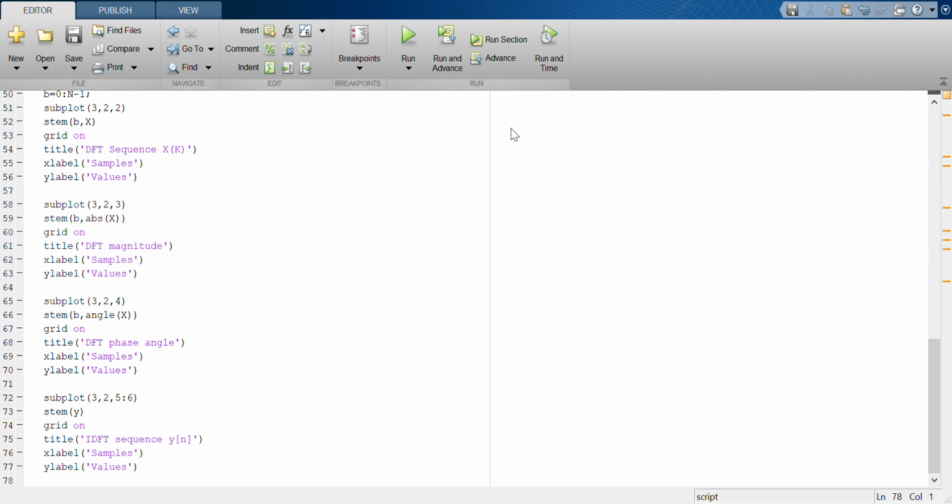Magnitude and phase can be calculated using the real part square plus imaginary part square, the square root of the whole of it, and phase can be found by using tan inverse y by x, and the result here is in radians. So the result whatever you obtain has to be converted to degrees if required.